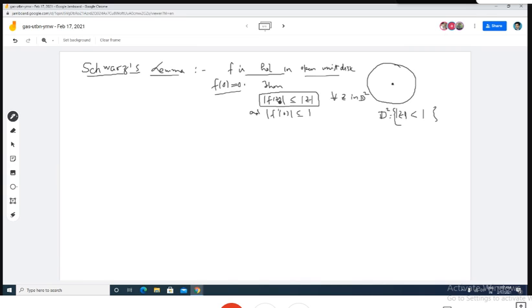this equality holds at 0, because f(0) is equal to 0, so modulus of f(0) is equal to 0. So equality holds at 0. If equality holds at any other point in the disk, suppose you take some other point and here modulus of f(z) is equal to modulus of z, and if, so this is the second part of the lemma, that if equality holds at any other point,